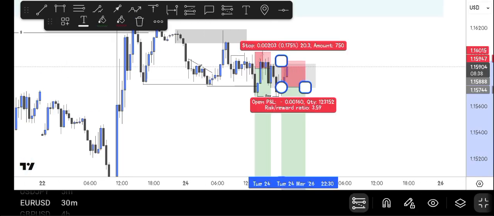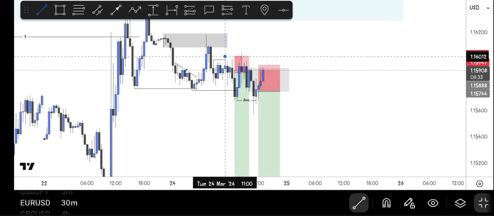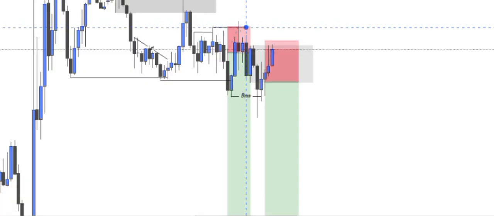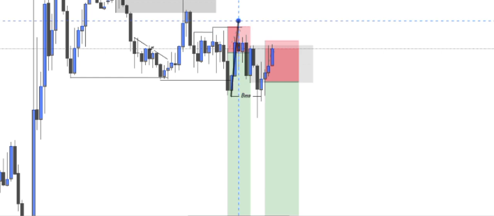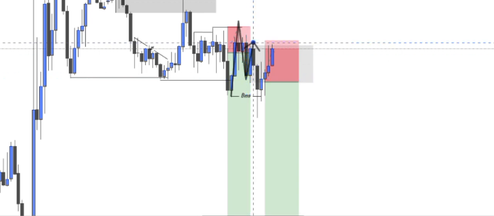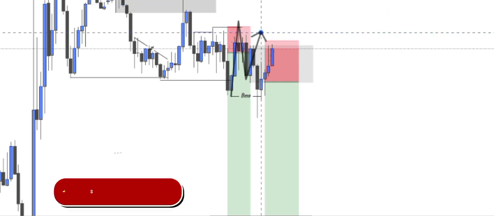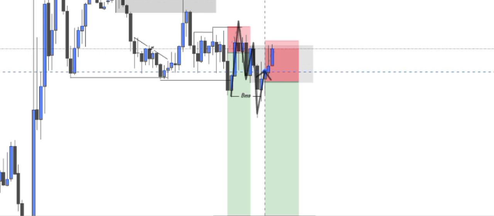Why I entered this second trade is I saw this liquidity right here. Price took liquidity from this zone, and after this liquidity you saw the struggle that it gave. It was trying to come down, it came down, but unfortunately after coming down, it flipped. It was trying to go back, but it couldn't, so it flipped back to its normal downtrend, which is where I entered the trade, on the continuation.